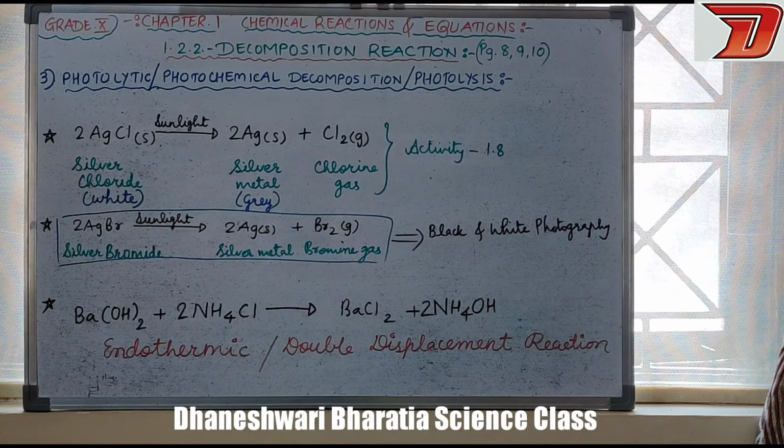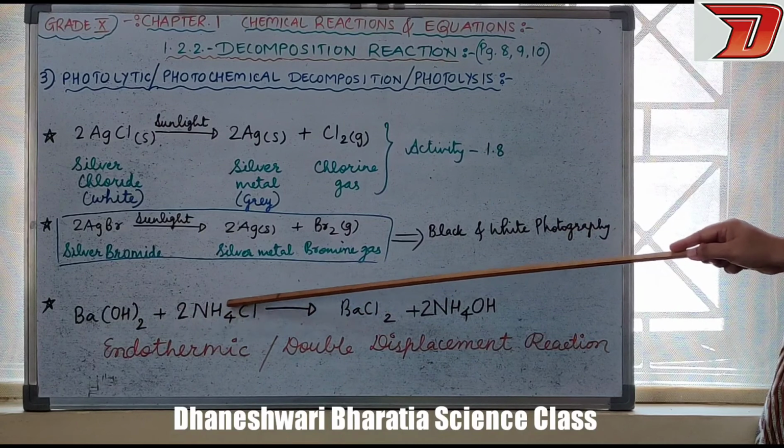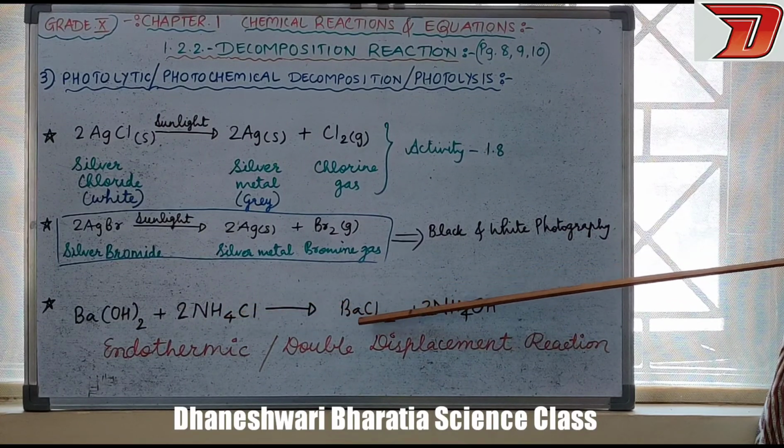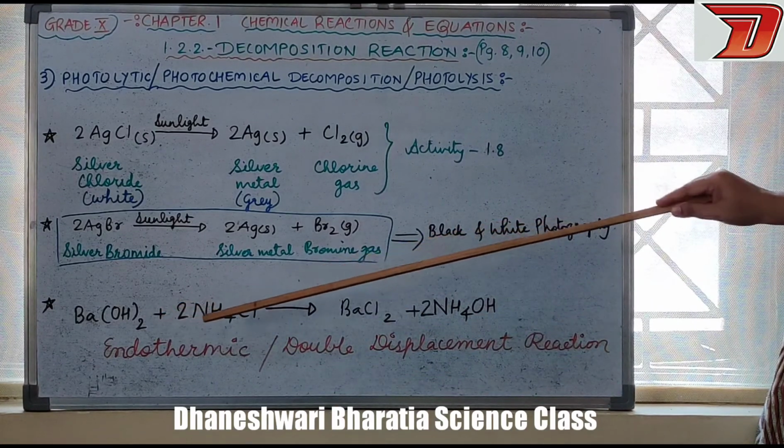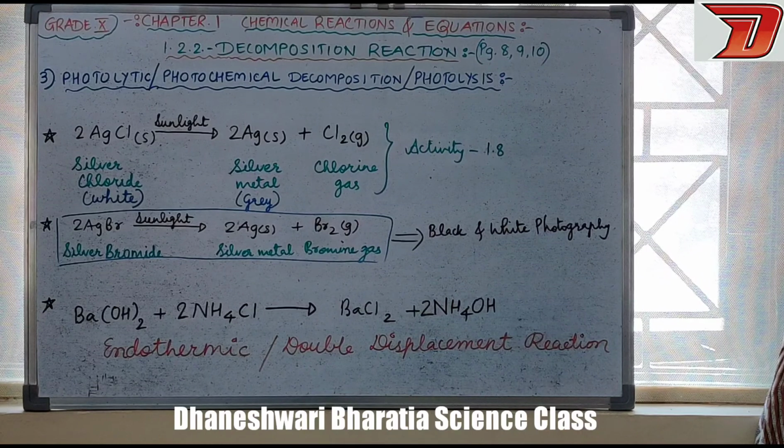Is this clear? In the previous video we learnt about exothermic reactions, when in the reaction the heat was released, right? Whereas in the case of an endothermic reaction, the heat is used up, or I can say the heat is absorbed. Is this clear? And after the reaction gets over, what do we get? We get barium chloride and ammonium hydroxide. Is this clear? I have written the balanced equation. You can note it down in your textbook also, right?